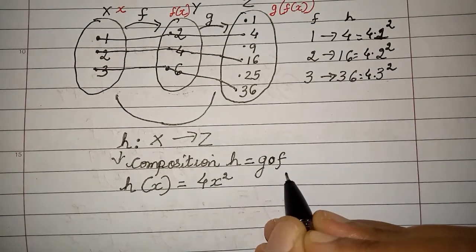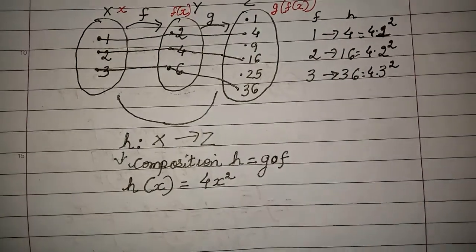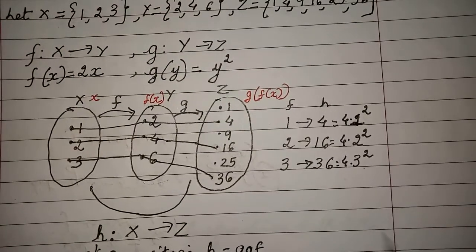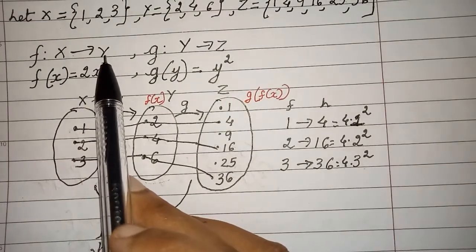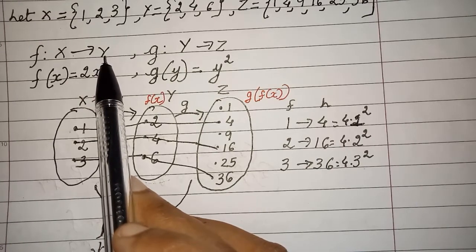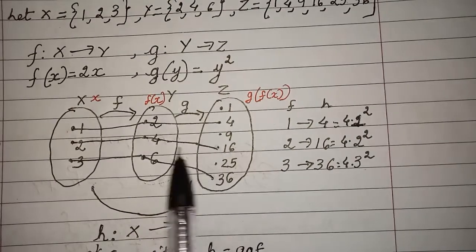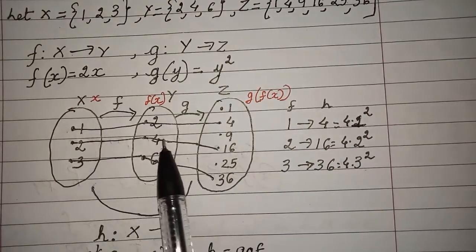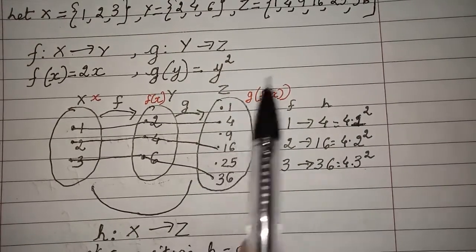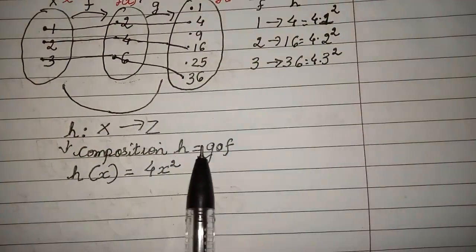And as I said when I began with the definition, I showed you that the codomain of the first set is the same as the domain of the second set. Only then this transformation is possible. That's why I showed you pictorially. Similarly, children, we have defined here g composite f.